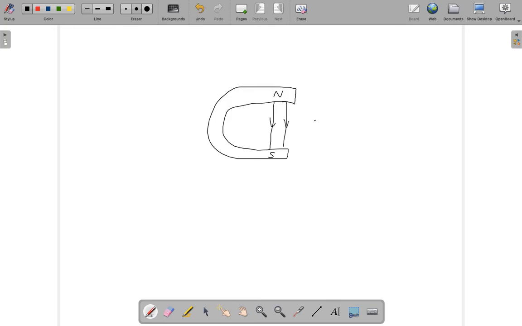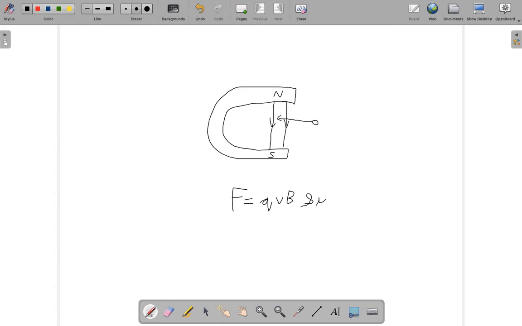And now let's say I have a small electron that's moving in like this. The force experienced by this electron from the magnetic field can be given by the force is equal to Q, the charge of the electron, V, how fast the electron is moving, B, the magnetic flux density over here,